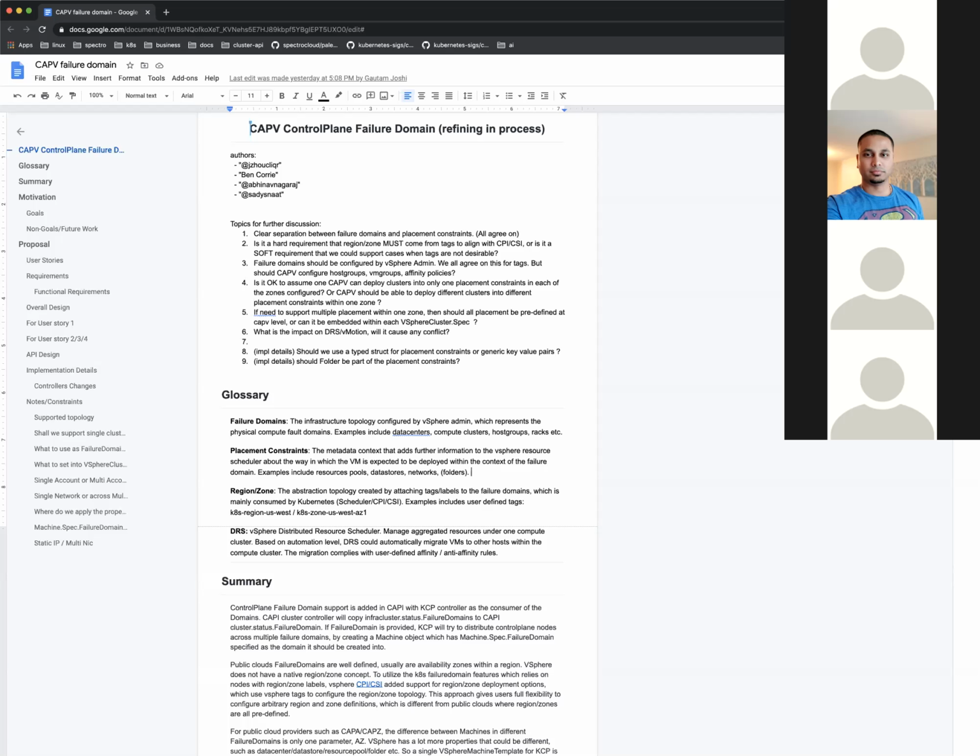I think that's a great observation, Nadir. And that actually ties in with a suggestion that I made on the document, that we have a CRD that binds the fault domain with any placement constraints that you have, defined out as its own CRD, something that you can configure and reuse.